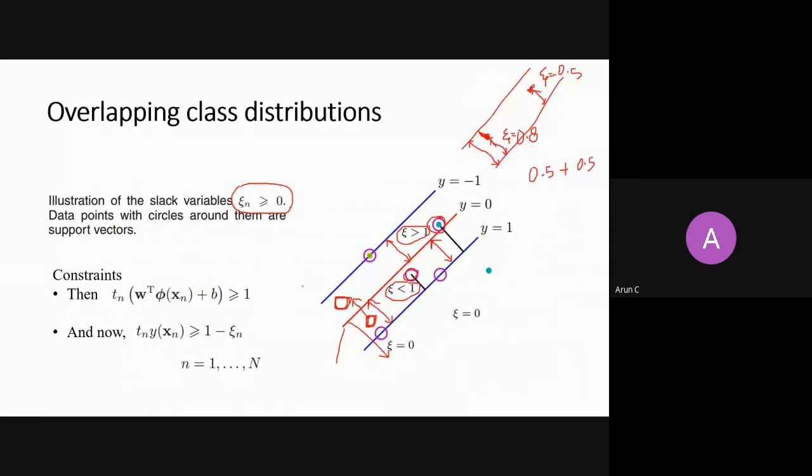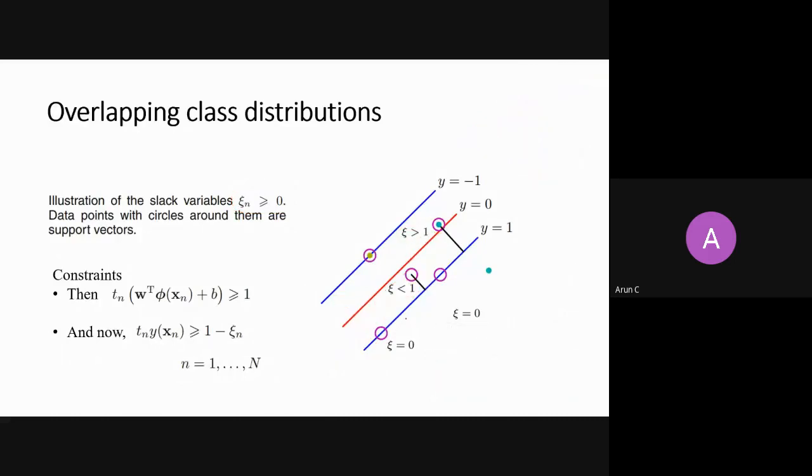So for one last example, to clear it further: the ideal thing was I should be here. The distance from the hyperplane from here to here was 1, right? But I somehow come here, right? Can anybody tell me what is the slackness I should add to make it correct? Anybody? What is the error I should add to make it correct?